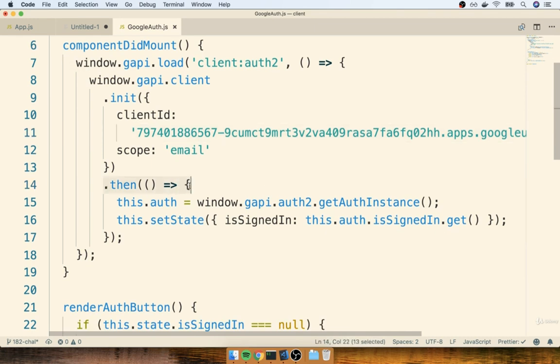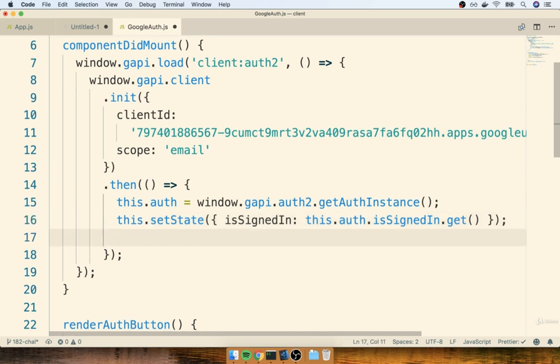Here's the .then statement where we initially set our state with the current value of isSignedIn. Immediately after that, I'm going to set up a little event listener. I'll get a reference to that auth object .isSignedIn, and then I will call the listen function that we just spoke about. And to this, I'm going to pass a callback function. I'm going to call it